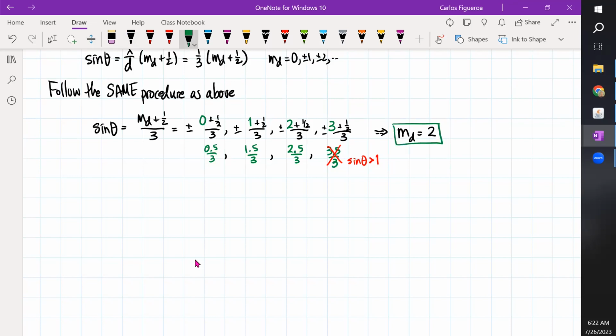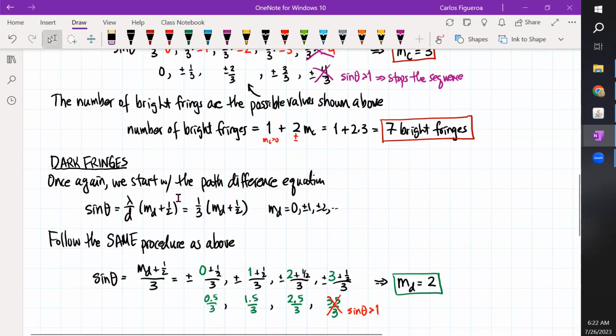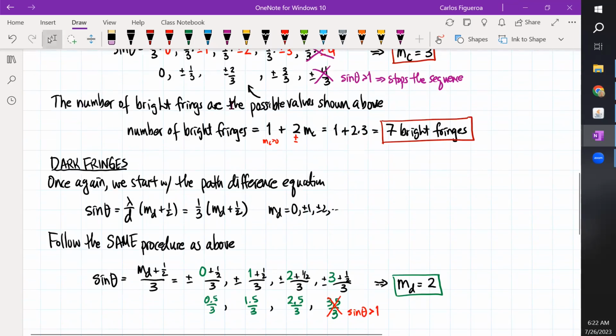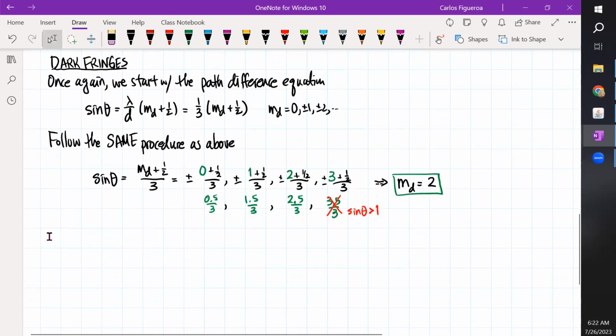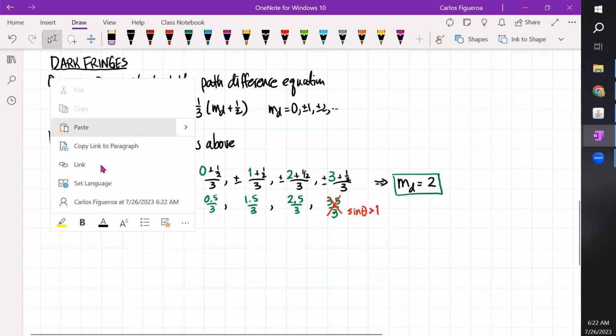So remember, this guy is telling us how many values there are, how many dark fringes. Again, look what I said up here: the number of dark fringes are the possible values shown above. So it's the exact same thing. In fact, I'm going to copy this to show you that it's exactly the same. Now if I come in and paste this,